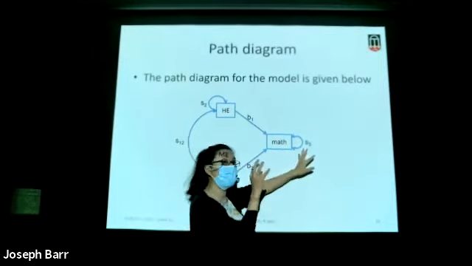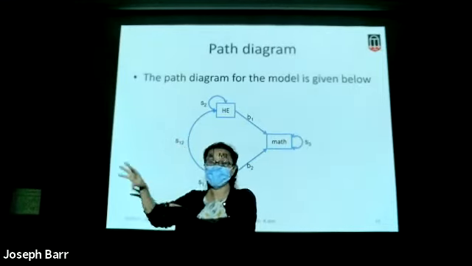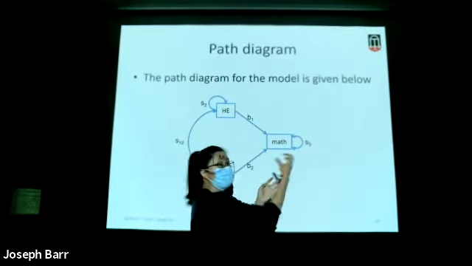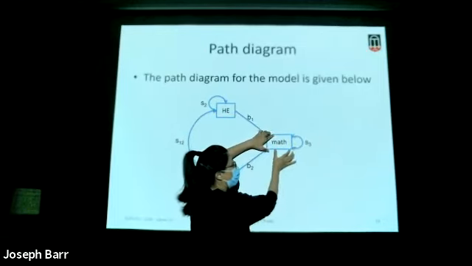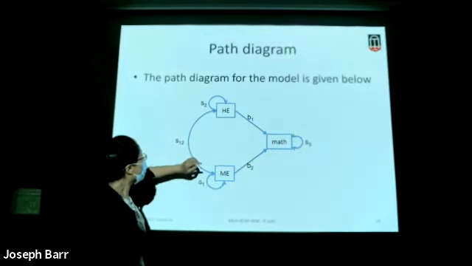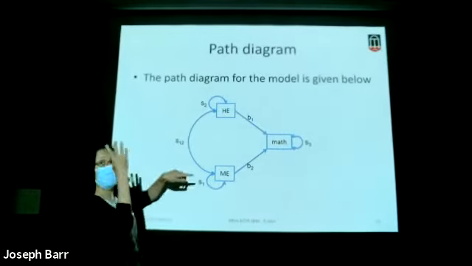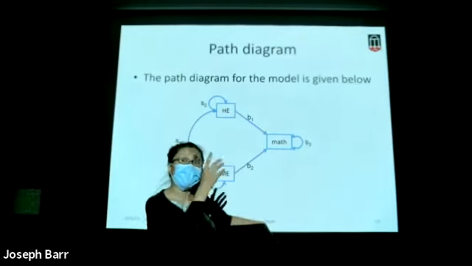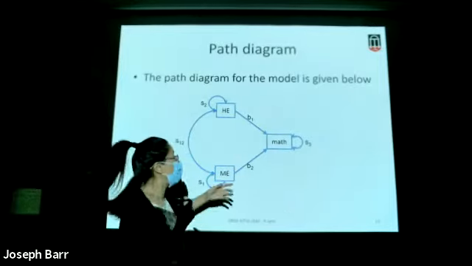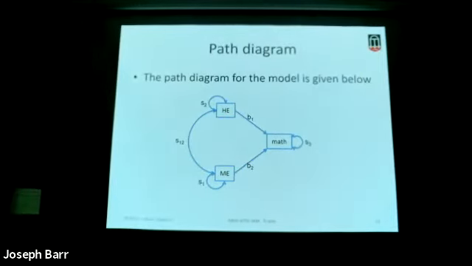For a dependent variable, usually we have the residual term. Y equals A plus B1 times X1 plus B2 times X2, and the residual part. We use a simplified version for the residual part, just a double-headed arrow here. This is the variance of the residual of math achievement, S3. So we have S1, S2, S3, 3 variances, 1 covariance, and 2 coefficients. In this model, we have 6 parameters. We're trying to estimate the 6 parameters: 1, 2, and 3 variances and 1 covariance. That's our model.